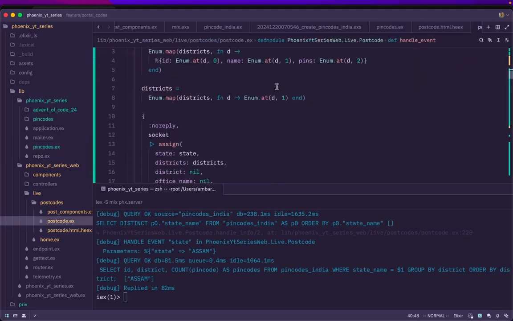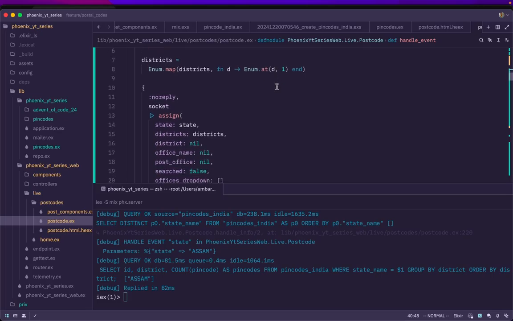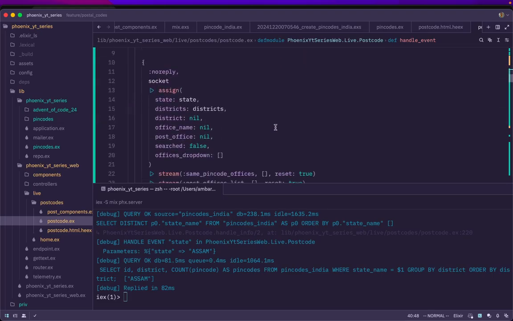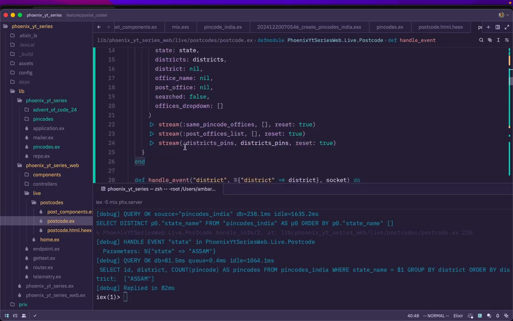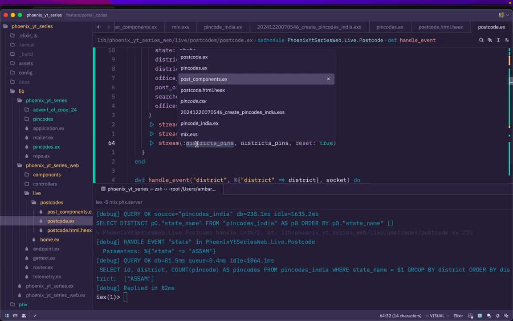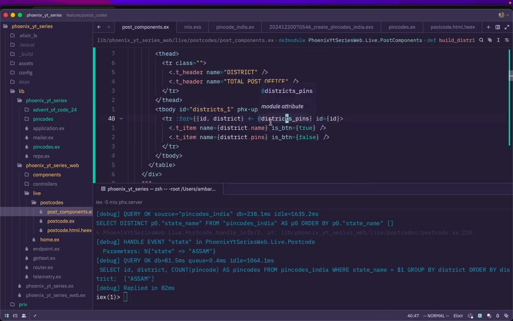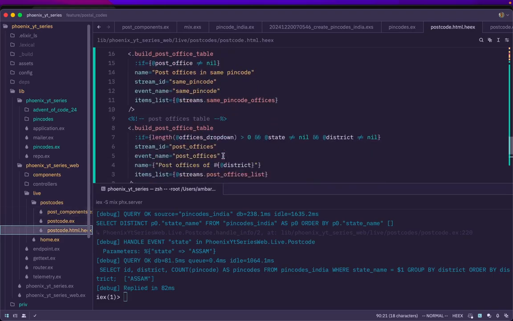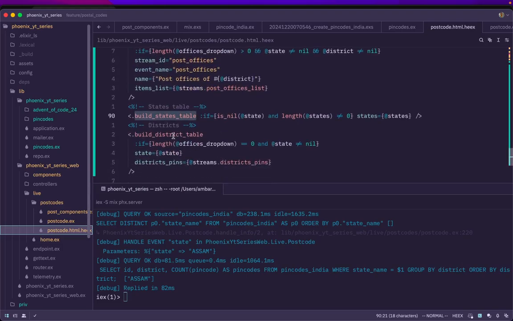So here I'm assigning state, I'm assigning those under the districts streams, right here, district pins, that is coming here. So I'm passing this one onto this one here, build, where is that, district table. So I'm passing that here, you can see that. So the streams always under the streams name,